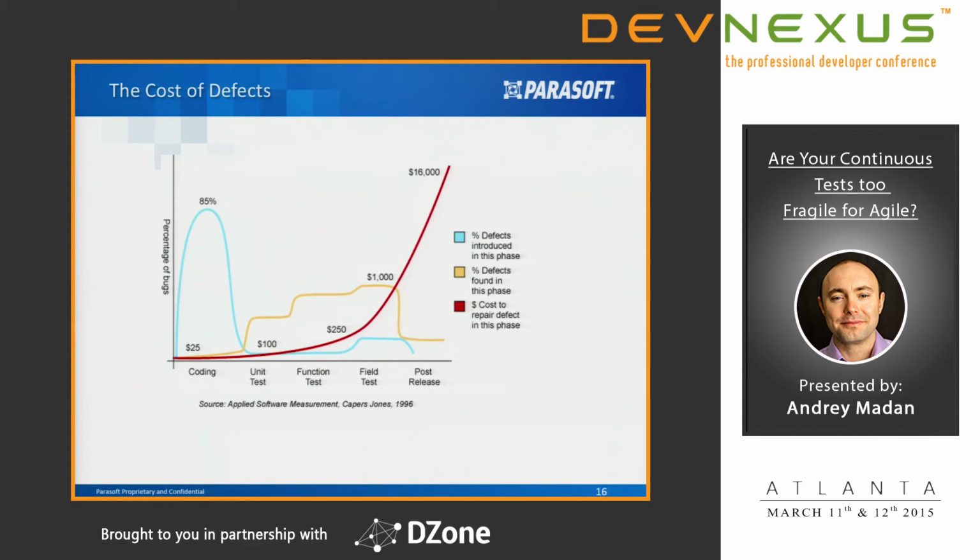Fixing it later not only will be more expensive, but now you have to find the developer who put that bug in, and then maybe he quit or got fired, and then figure out what's the right fix. Once you fix that, the chances that you actually broke something increase. So finding defects earlier, it's been proven that it saves you money, and money is what your management wants to hear.